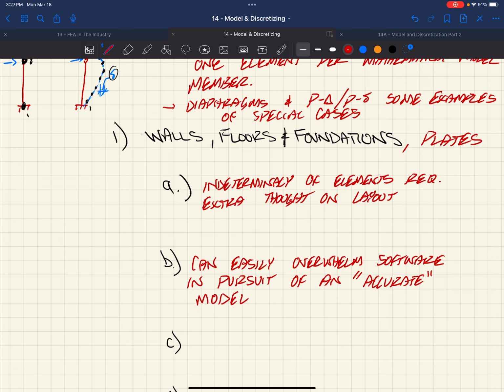So what do we do? Well, we start simple. I've mentioned this before. I think Adam mentioned it when he came into class, right? We start simple. Why do we start simple? It's because at some simple level, we should be able to validate our answers. We should be able to understand the behavior and the load path